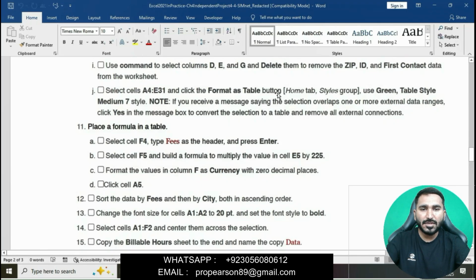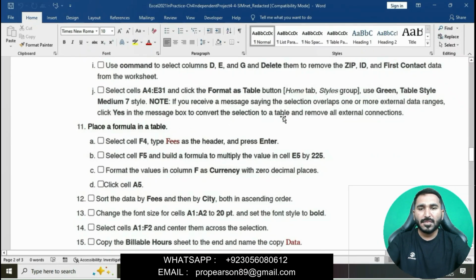Note: if you receive a message saying the selection overlaps one or more external data ranges, click Yes in the message box to convert the selection to a table and remove all external connections.